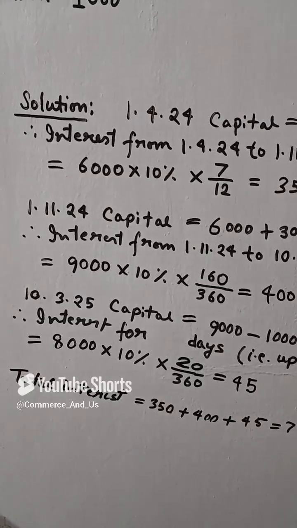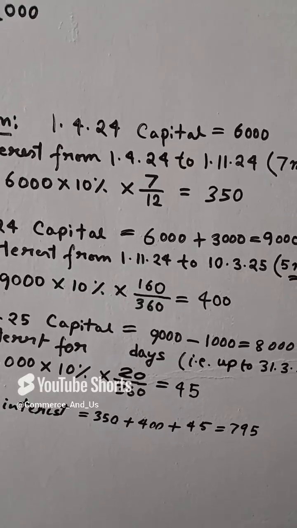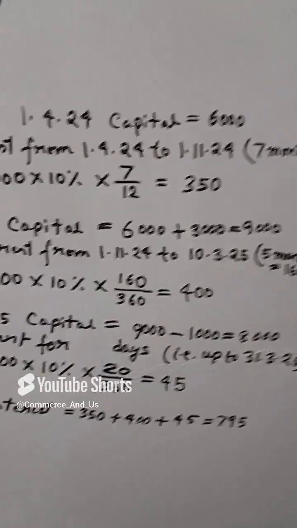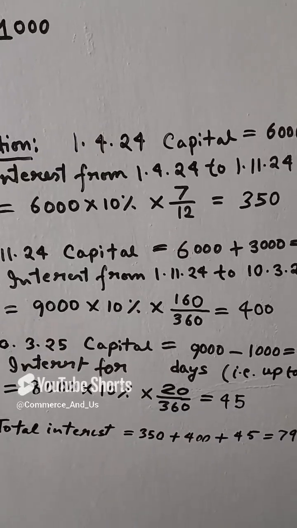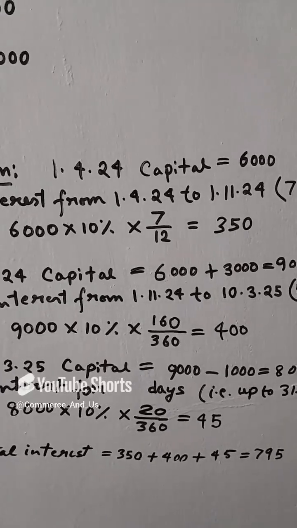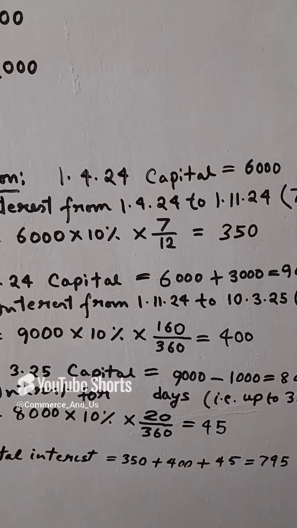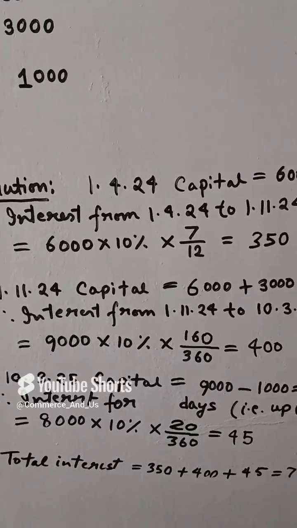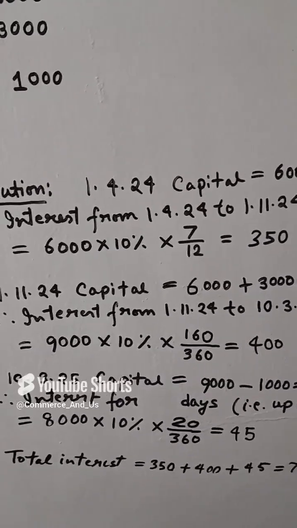And then come on 1st November to 10th March. Additional capital, that is 6,000 plus 3,000, 9,000, and for 160 days. So 9,000 into 10% into 160 by 360, this comes to 4,400. And on 10th March, capital will be 9,000 minus 1,000 withdrawal, that is 8,000, and interest for 20 days. 8,000 into 10% into 20 by 360, that is 45. So total interest will be